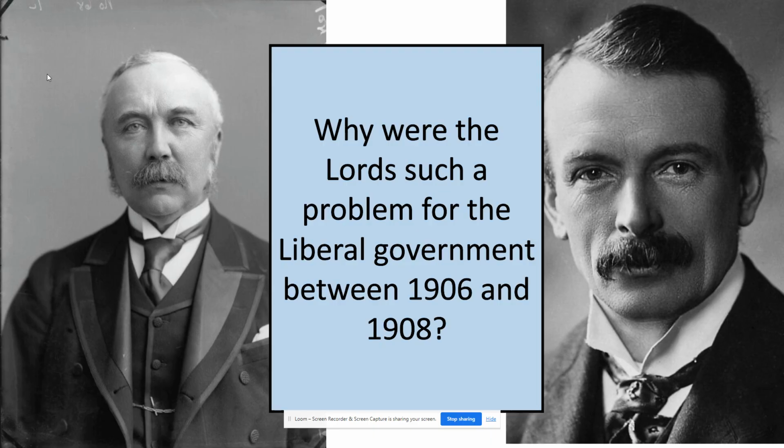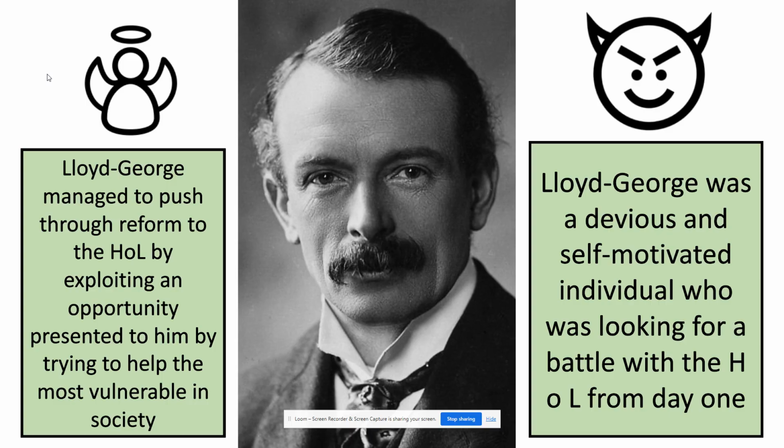So, obviously, we see the lovely eyebrow devil for Lloyd George, but basically these are the two interpretations of Lloyd George. Was he a humanitarian trying to push legislation through the House of Lords because he really cared about the plight of your average Joe, and this just happened to present him with an opportunity to challenge the House of Lords? Or was he opportunistic and self-motivated, and the People's Budget was specifically designed to pick a fight with the House of Lords? So these are the interpretations that I want you to have in your mind